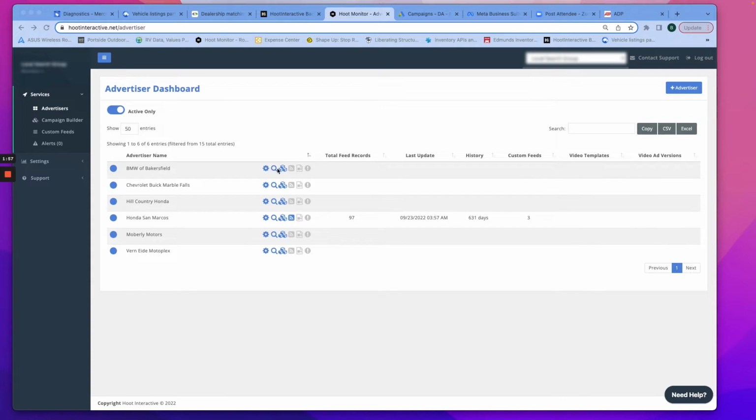You'll see that this little magnifying glass is not active unless this one is. So this is kind of like a two-part deal. These are both related to the search feature within our platform. If you're not using search with us and you don't have those activated, those will be grayed out like these other ones. But the difference is the little stack of boxes takes you to the campaign templates, and that's where